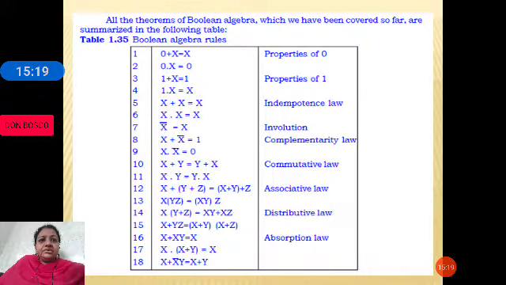So these are the Boolean theorems which we have studied till now: properties of 0, properties of 1, idempotence law, involution, complementary laws, commutative laws, associative laws, distributive laws, and absorption laws. Hope you have understood this. Let's move on